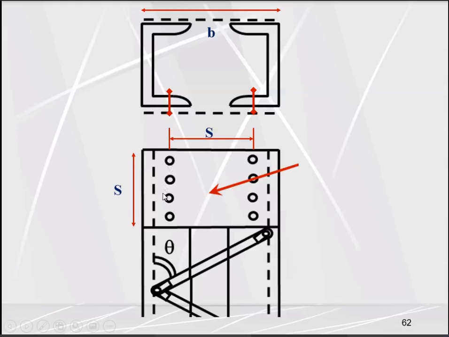And at least we must provide 3 fasteners here. So at the tie plate, we must provide 3 fasteners in the bolt direction. The number of fasteners may be more than 3, but we cannot connect with 2 fasteners. So he says that at least 3 fasteners must be used to connect the tie plate, and the maximum spacing of the connector is 150. So if we are having this total spacing, that will be the total length of the tie plate, which is equal to the S value.